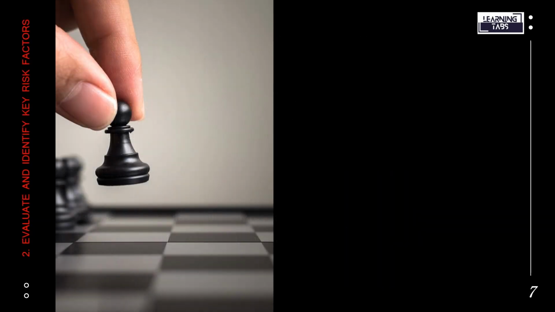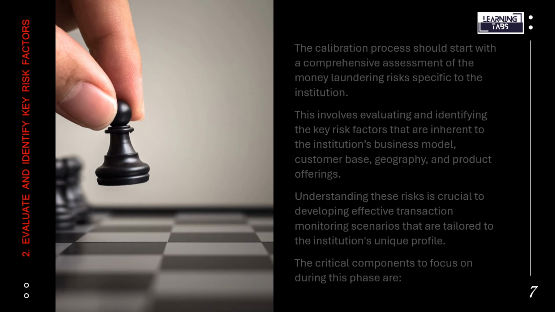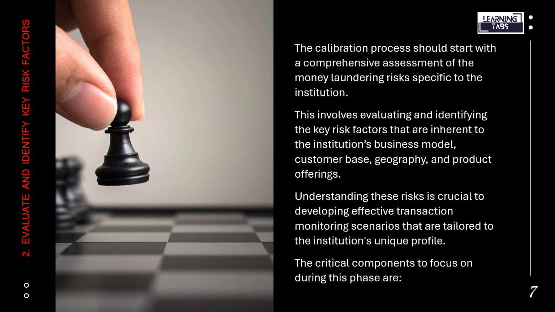2. Evaluate and identify key risk factors. The calibration process should start with a comprehensive assessment of the money laundering risks specific to the institution. This involves evaluating and identifying the key risk factors that are inherent to the institution's business model, customer base, geography, and product offerings. Understanding these risks is crucial to developing effective transaction monitoring scenarios that are tailored to the institution's unique profile. The critical components to focus on during this phase are: